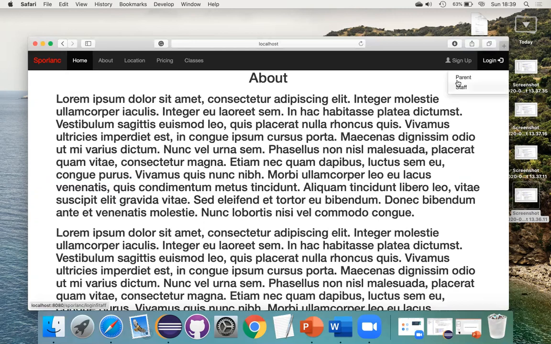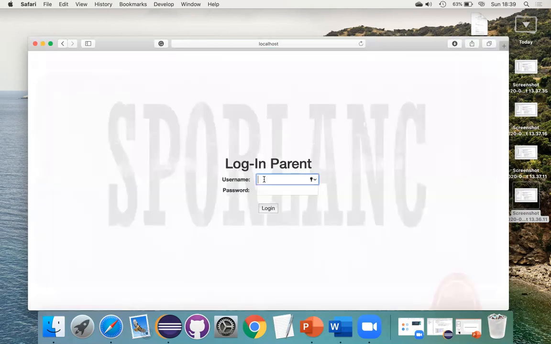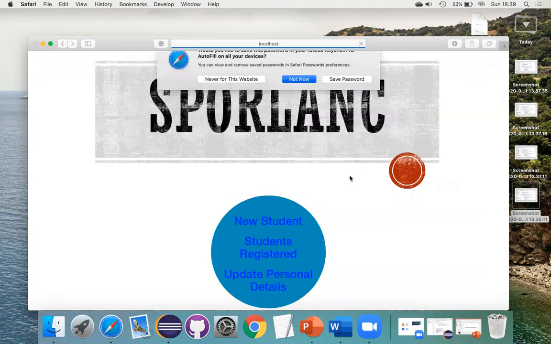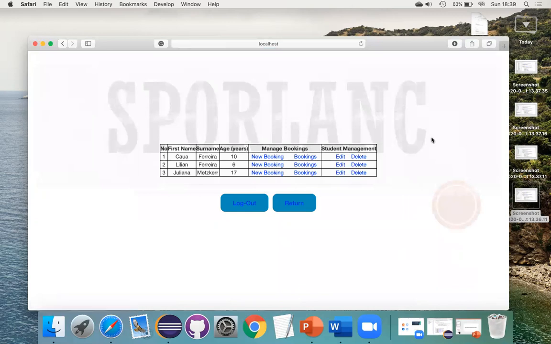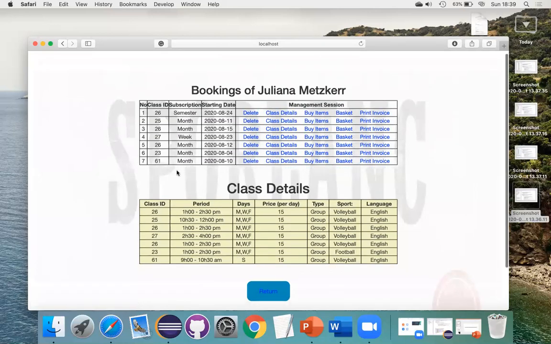So when I log in, I can go to the login page, and then let's use Buddha as username and Buddha as password. Now, student register. Here you can add new students, but also you can see the students that this person has. Buddha has 3 students, or 3 kids. Let's do some bookings, or check the bookings for Juliana, and you can add a new booking if you want as well. So, bookings here, and then you see that Juliana has several bookings, and these bookings she can delete.